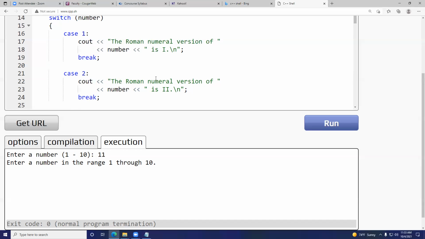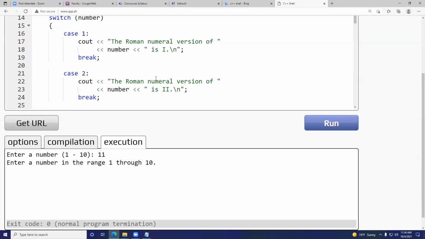The switch doesn't work well for ranges, but it works well for something like this where you just have individual choices. If you were doing a range and you had decimal numbers in there and everything, then the switch isn't something that I would use. But it works well if it's number 1, if it's number 2, or if you ask them to enter,